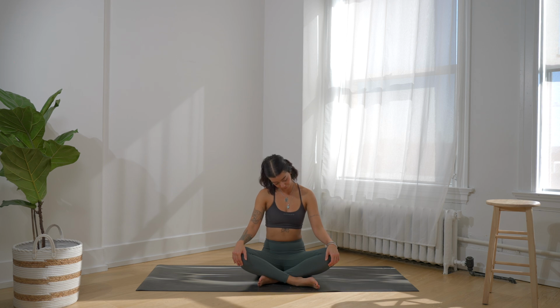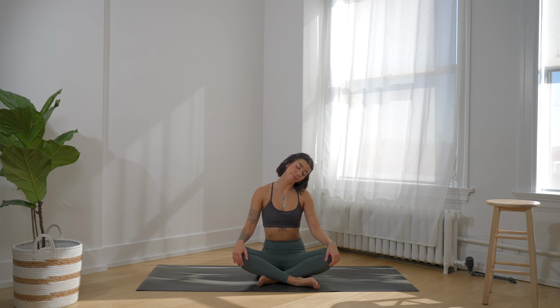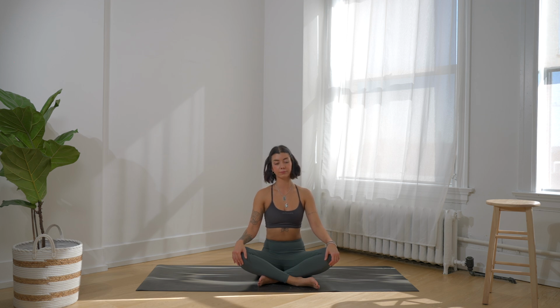And then we'll slowly start to take these circles in the opposite direction. Again, making these circles as big or small, as fast or slow as we'd like. Just feeling a nice deep stretch and warm up through the neck. We'll start to slow down our circles and bring our head back to neutral here slowly, placing our hands interlaced